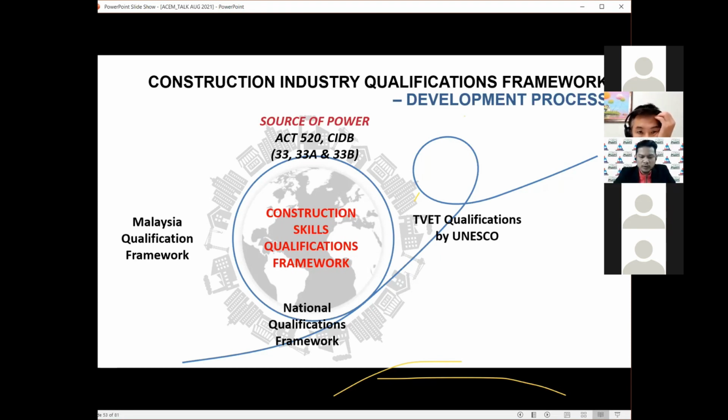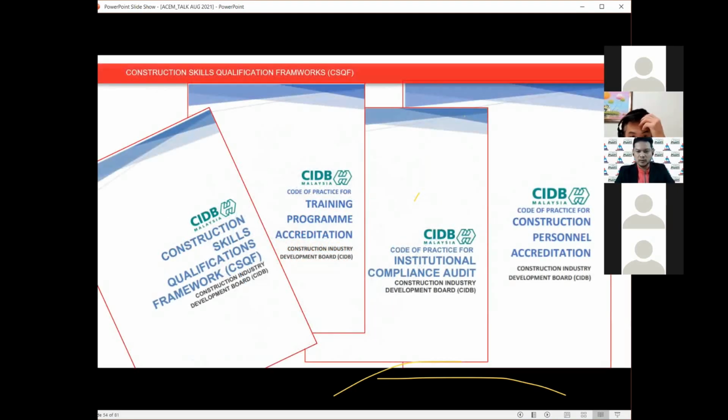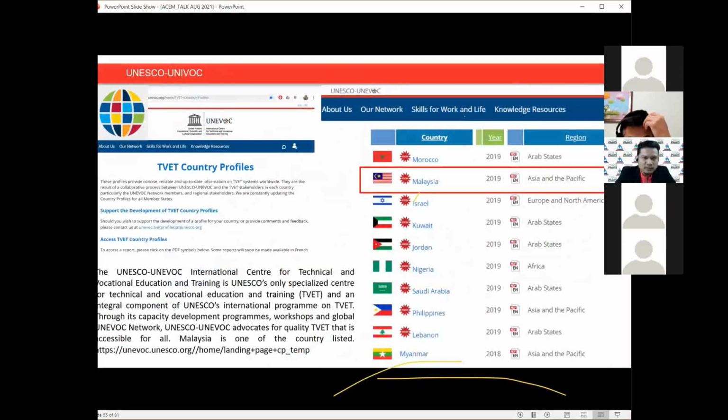Either we bother or not, basically this is a worldwide thing happening now, where people are looking into the certification competency map to the qualification framework and have their own level, so that they can work with other countries who are applying the same thing. You can see from, okay, this is the document I don't want to go through. Here, TVET country UNESCO. You can just Google. I put my website over here.